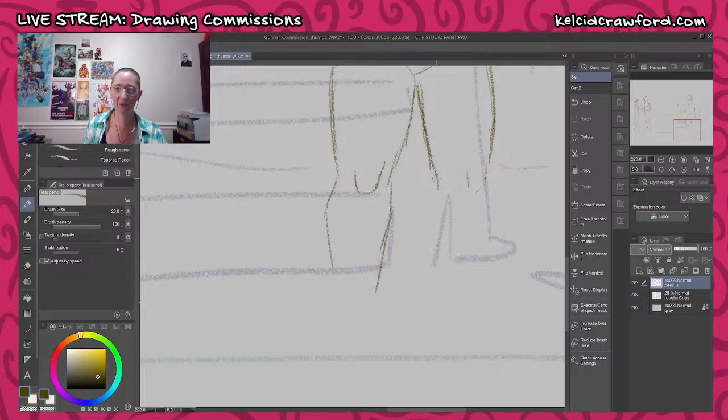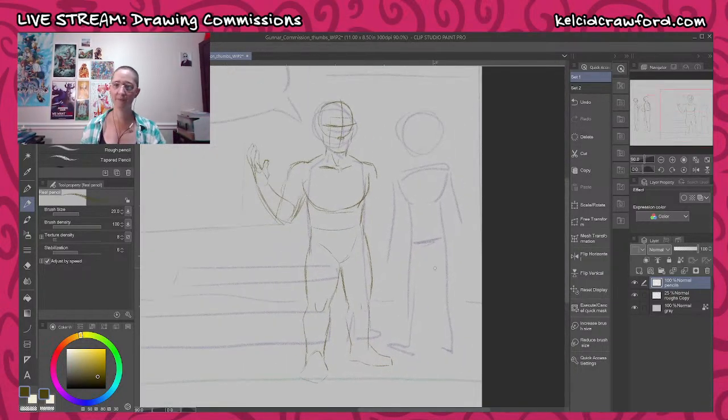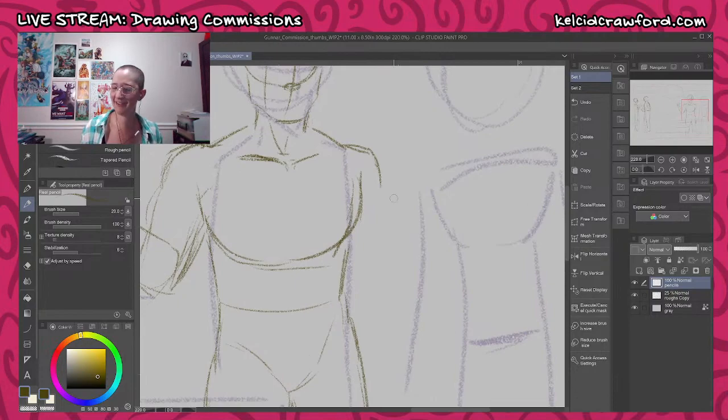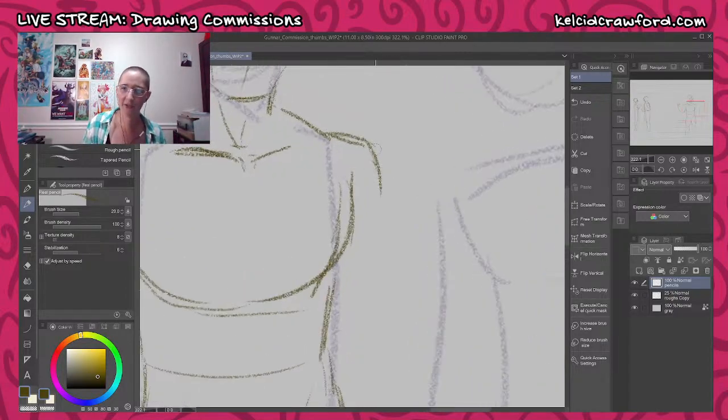Again, this guy's going to be a brick, so he's not going to have the most curvaceous legs. He's just going to be a stack. I'm going to need to redraw these feet, but... A stack. A very solid stack. Goodness. Okay. Hold on. Sorry, I had to imagine the space for this particular gesture that I want him to do with his other arm, so...